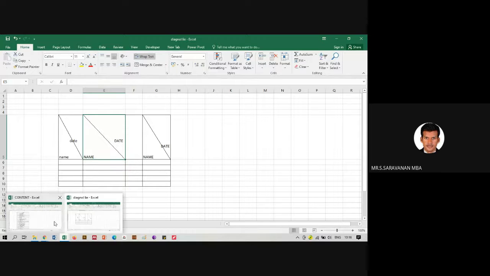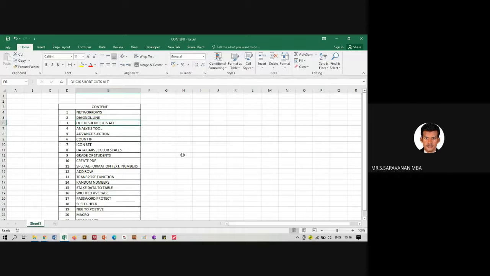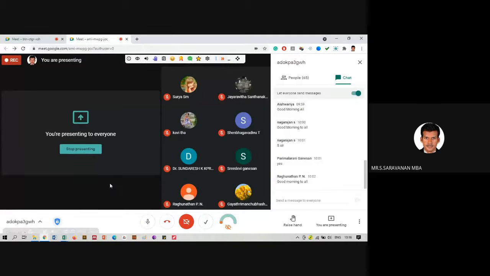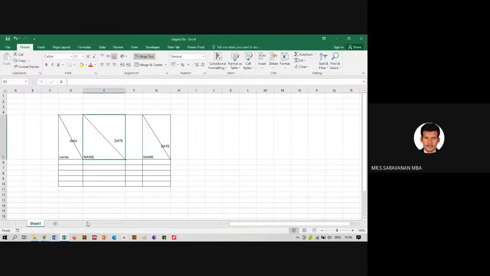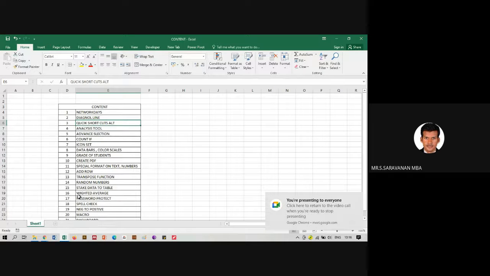So third one, see, third one is quick shortcuts. Okay, hope everyone is there. Okay, what are the quick shortcuts we have? See, this is the content table we have. If we want to find out the easiest shortcuts, always click Alt. If you click Alt, automatically the alphabets for the different bars and information tabs will be shown.